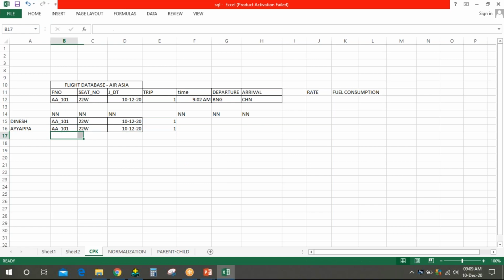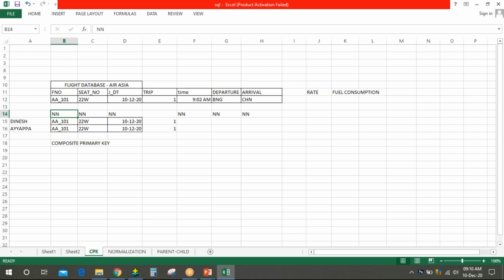You both receive tickets with the same flight number, same window seat, same date, same trip. You both go on the flight and start fighting for the same seat. To avoid this kind of confusion, we have come up with the term called composite primary key. Let's learn about the composite primary key, then we will come back here.